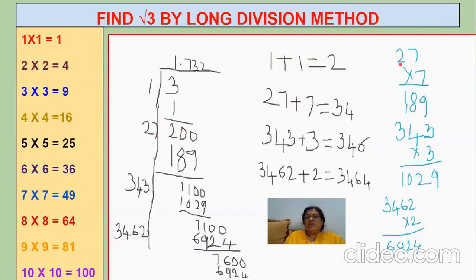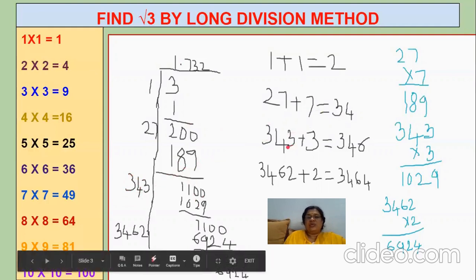So when 2 is there, when you place 7, you have to multiply with 7 only. You'll get the answer as 189. So put 7 here, put 7 here also. And you just write 189 like this. When you subtract, you'll get 11. You'll get how much the answer is, 11. So automatically the point is there. Every time you can keep 2 zeros like this. So 27 plus 7, you'll get 34. So you have to put 34 like this here.